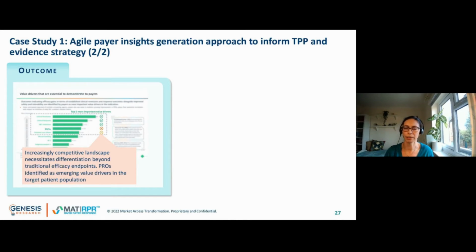And what we found is that while the payers appreciated the strong performance in those key established efficacy endpoints for this asset, that really wasn't sufficient going forward to be seen as fully differentiated given this competitive future landscape. The changes in the landscape with multiple different mechanisms of action competing, all with pushing the bar upward, was necessitating differentiation beyond the traditional efficacy endpoints to achieve the kind of price that the manufacturer was targeting. And it was the